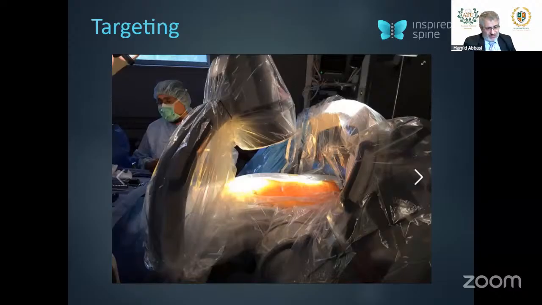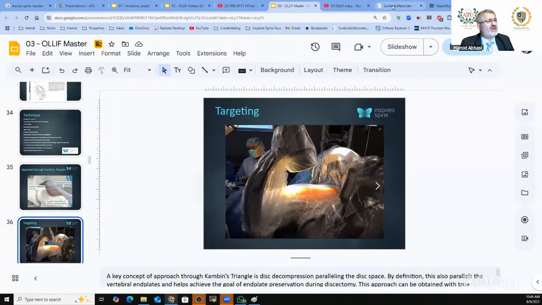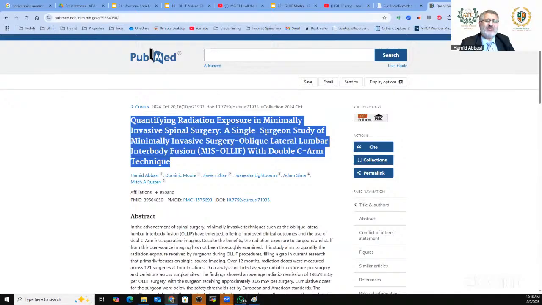And I was talking about that because we are publishing our paper. There are a few papers we are about to publish. We already published our paper about how much radiation you get. Go read about that. With proper technique, after the learning curve, for somebody who does like 400 of these cases a year, your radiation exposure is like an interventional radiologist, at 1/3 of the value that the European organization says is the maximum. We are at 1/3 of that.